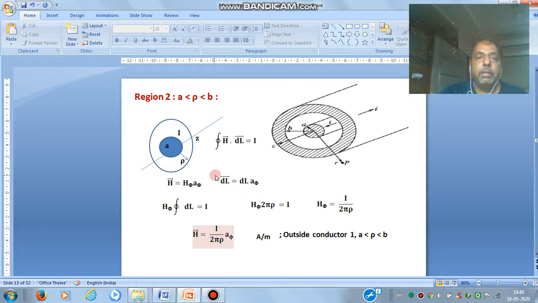In the next lecture we will see what the value of the magnetic field intensity will be inside the second conductor, when rho is